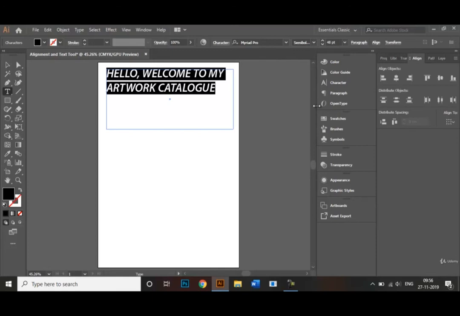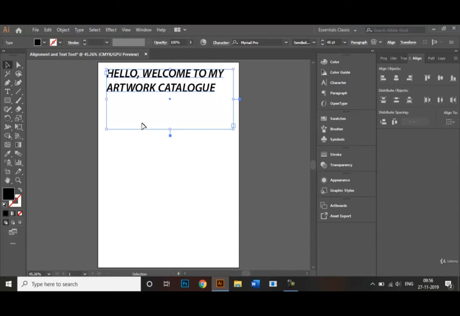And now, as I can see, there is some extra space left on my text box, right? So either you can add in more text here to make sure that the text box is filled, or you can decrease the text box by bringing it upward like that, and that's it.